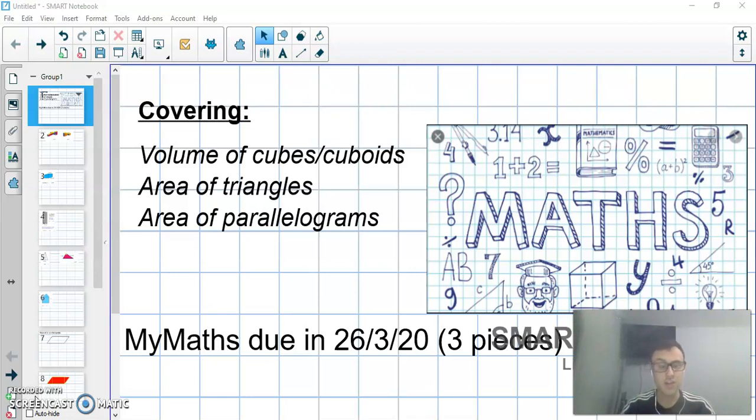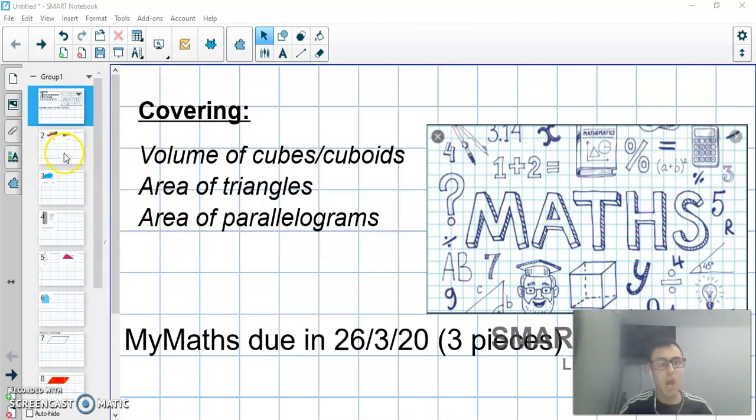I've decided to set you some maths homework through MyMaths that's due in on Thursday. It's 3 pieces. As you can see here, we've got the volume of cubes and cuboids, we've got area of triangles. Both of these two you should be pretty good at doing because we've done them in class, especially the volume of cubes and cuboids because we did that last week, so they are really revision for you. And then area of parallelograms, which we haven't done yet, so I'm going to teach you how to do those